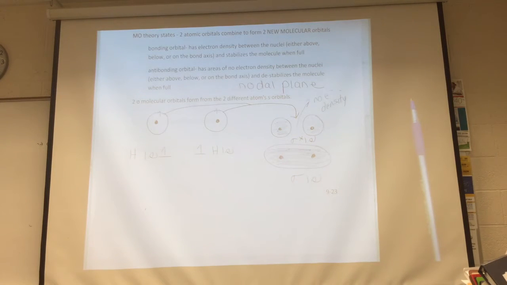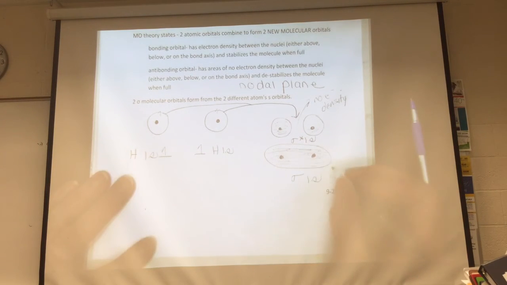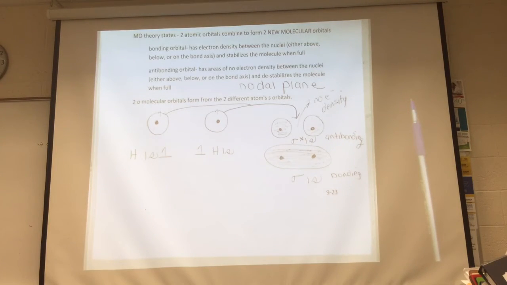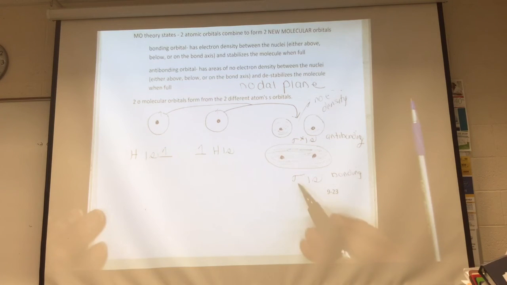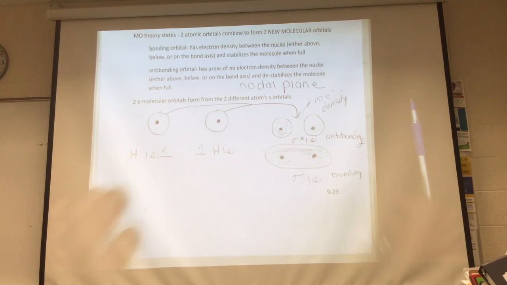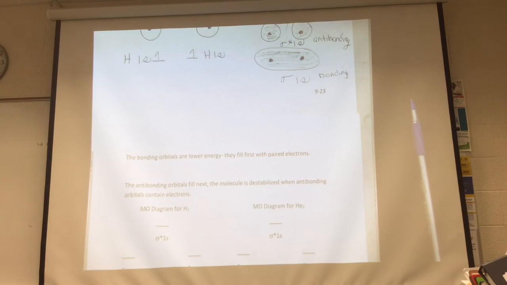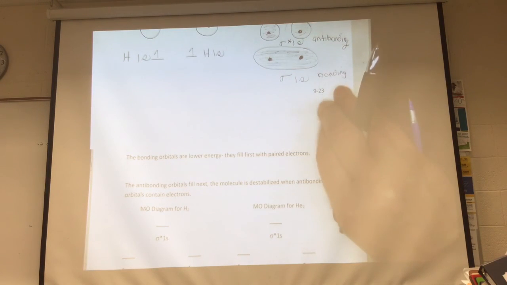So sigma orbitals are bonding orbitals, and they add stability to the molecule. The starred orbitals are antibonding orbitals, and they destabilize the molecule. So now that kind of gives you an idea of what these look like, but we're not going to fuss too much with trying to draw three-dimensional pictures on flat paper. So these bonding orbitals are lower in energy. They fill first, then we fill the antibonding orbitals. And we can draw an electron diagram, an orbital box diagram for the molecule, just like